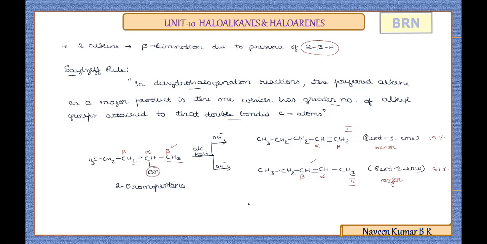So you have two types of this topic in the unit. One is coming in the preparation, where Markovnikov's rule you need to relate, addition of halogen acid to alkene. Here the reverse, it is alkene to obtain from the alkyl halide as a beta elimination reaction with the help of Saytzeff rule. Markovnikov's rule and the Saytzeff rule, both you need to relate as rule-based questions from the unit haloalkanes and haloarenes. Hope this information is clear. So just understand, beta elimination along with the halogen as a dehydrohalogenation reaction.